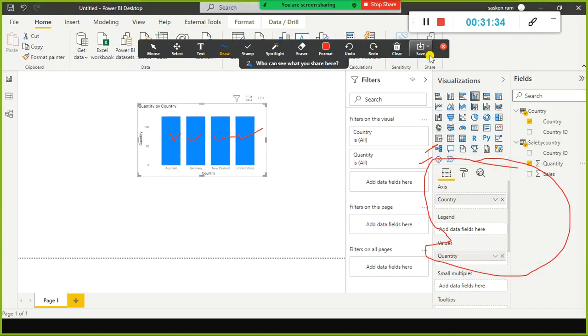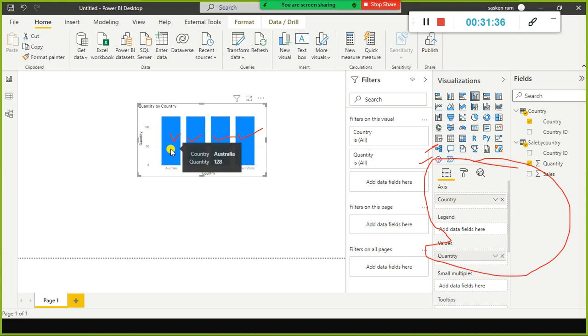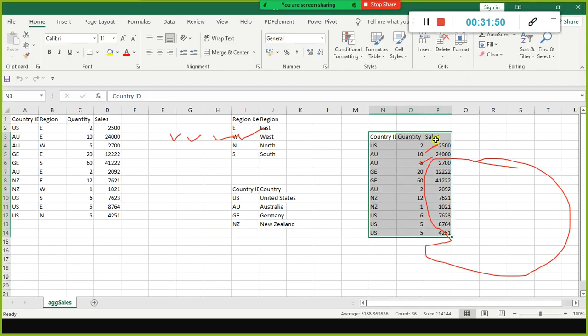What I do is hover the cursor on top of this one. We could see 128, 128, 128, for all these four countries. It shows the sum of total units sold, 128.